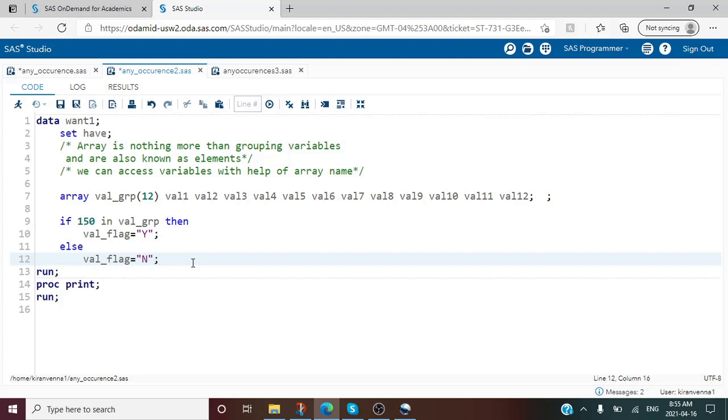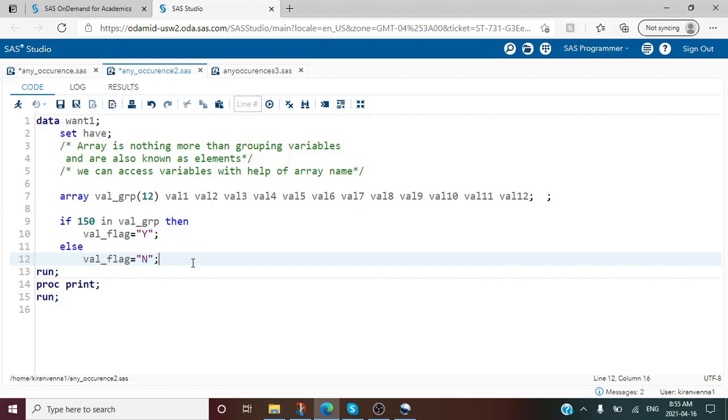A SAS array is nothing more than grouping variables and doing some common operations. They are usually known as elements. With the help of the SAS array name, we can access all variables, which helps us avoid typing the variable names. All we need to do is simply use the array name.